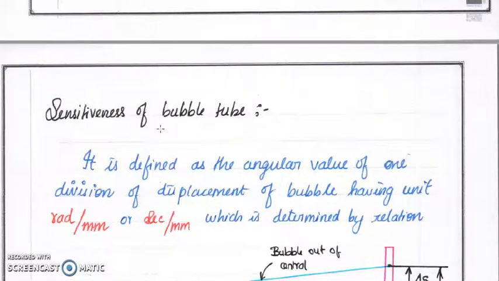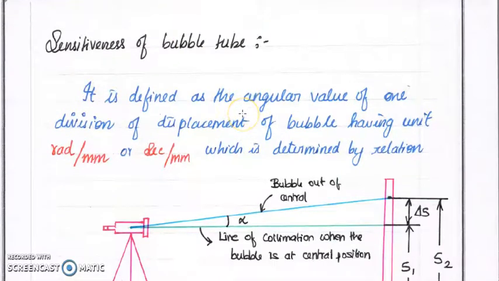Next, sensitiveness of the bubble tube. This is also very important. In a theodolite or a tilting level, there is no problem, sir, because it's always horizontal. Suppose any error happens within the bubble tube, it has to be monitored and rectified. Otherwise, it will make a huge error. There will be a possibility of accumulation of error.